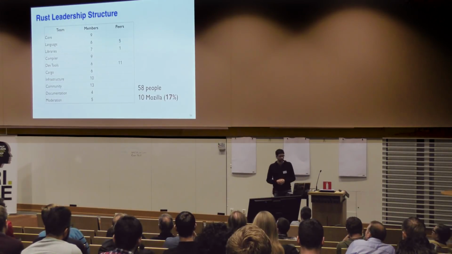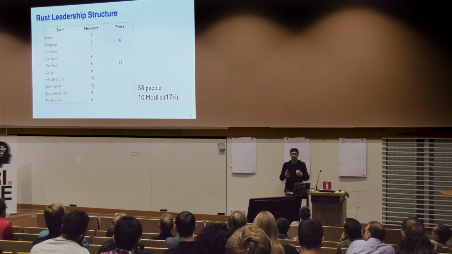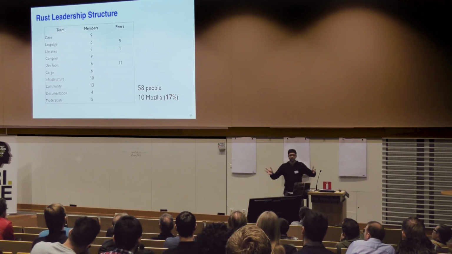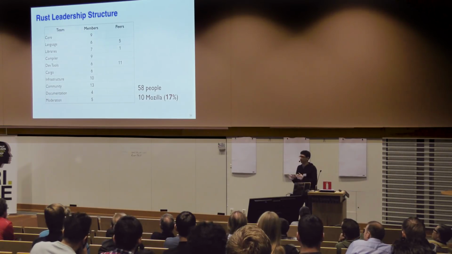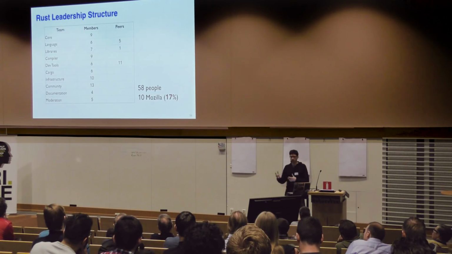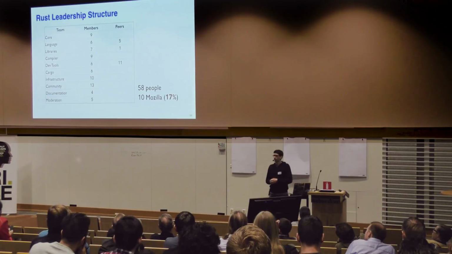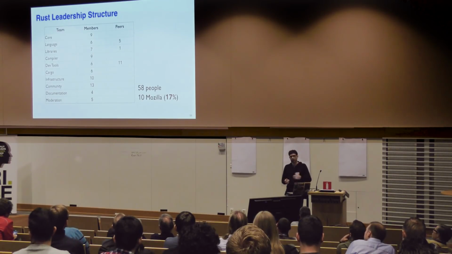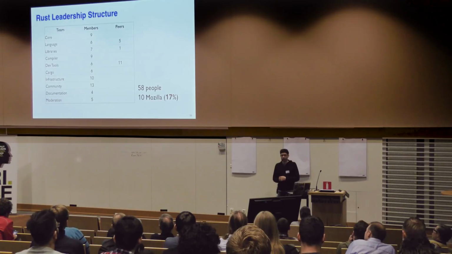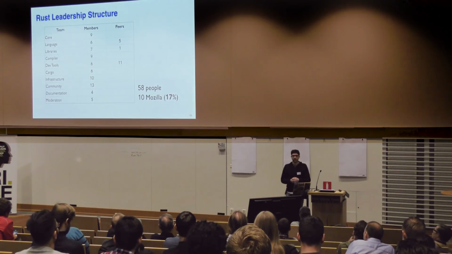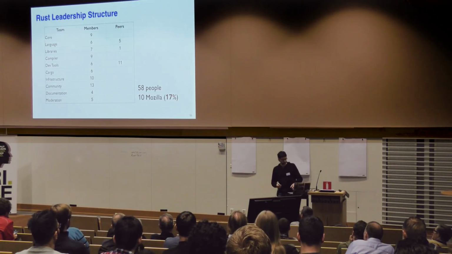The first thing is, with Rust, we have tried from the beginning to be an independent open source project that is governed independently by its users, right? So we have a leadership structure where we have a lot of sub-teams. All the official decisions are made by these sub-teams, like what language features to add, what to prioritize. And right now there are about 60 people involved. There's some overlap between teams, so the numbers don't quite add up. But of those, only 10 of them are employed by Mozilla. So it's not a matter of Mozilla completely controlling this endeavor, and we would like to see more companies getting heavily involved. A lot of those people are employed by other companies that are using Rust, of course.